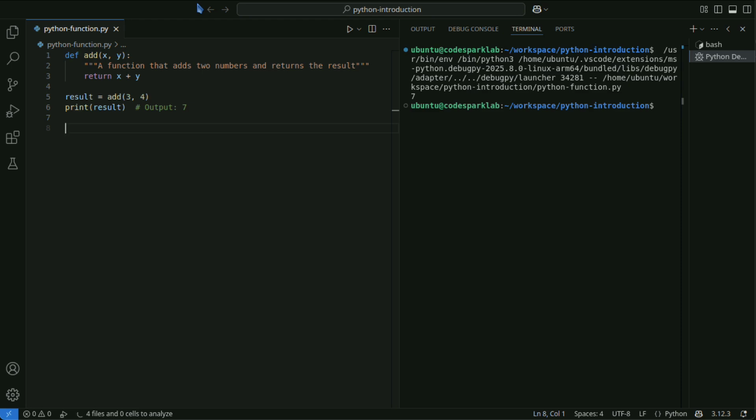In Python, there are several types of arguments. Positional arguments: the usual way to pass arguments to a function. Default arguments: assign default values to arguments so they can be omitted when calling the function.